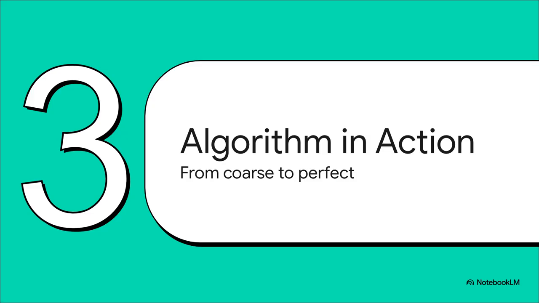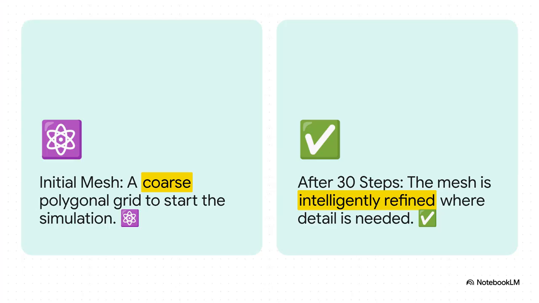All right, enough theory. That's all well and good, but let's see what this actually looks like. This is the algorithm in action, and you're going to see how it turns a clunky, coarse mesh into something pretty much perfect. And wow, just look at this. This shows you the power of that one simple rule. On the left, that's where we started, that chunky, basic mesh. And on the right,